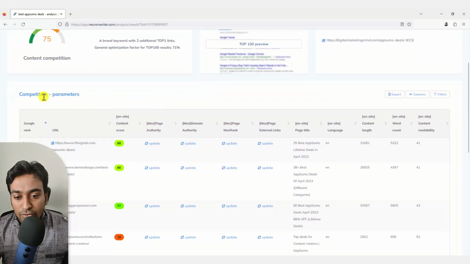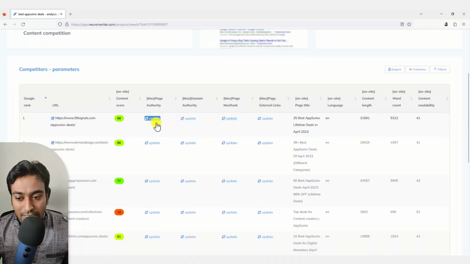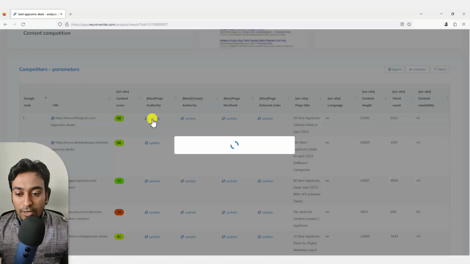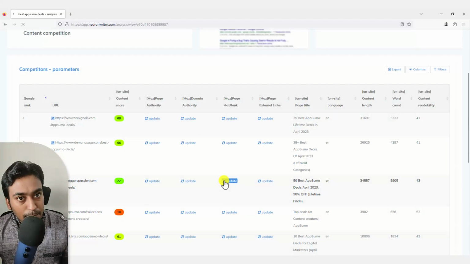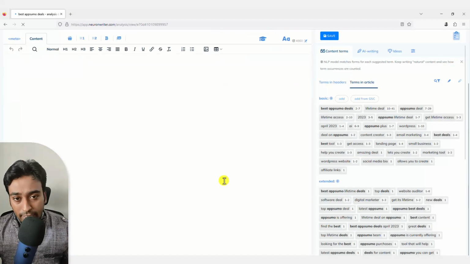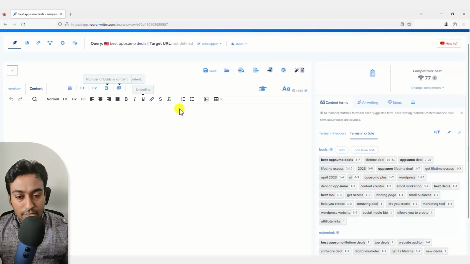And you can see now it shows the competitors and parameters. You will see that data, but you see that it has an update symbol on it. What it means is, as soon as you create a project, it does not necessarily gather the data from Moz, because most people might not even use these metrics for their purpose. So just come here and click on update on any of these. Now I have requested Moz data from NeuronWriter, because I would like to get it also. So now it has gone and gathered the Moz data. If you want, I would recommend you get it because it is an additional metric for you.